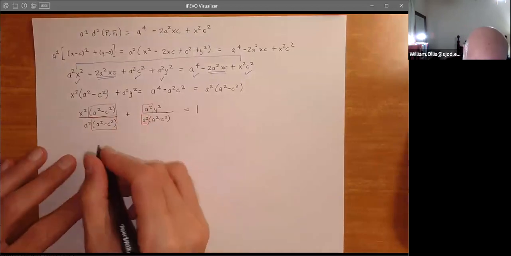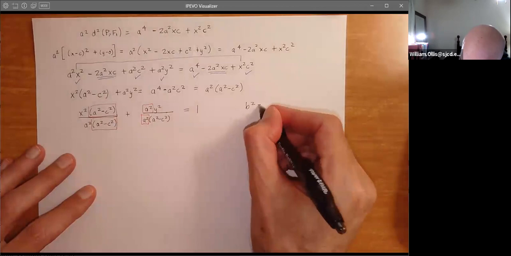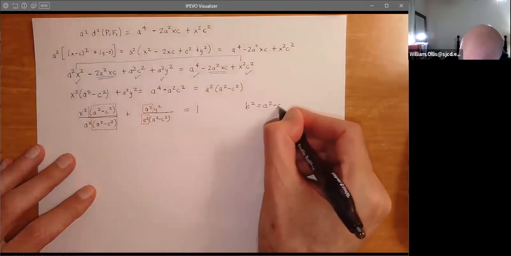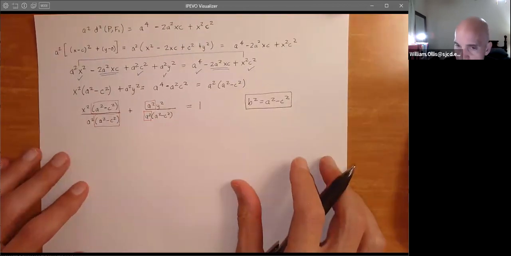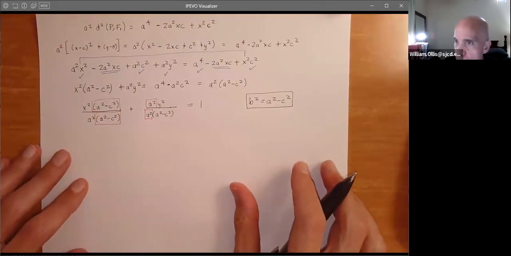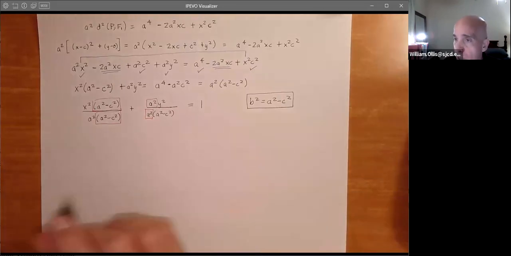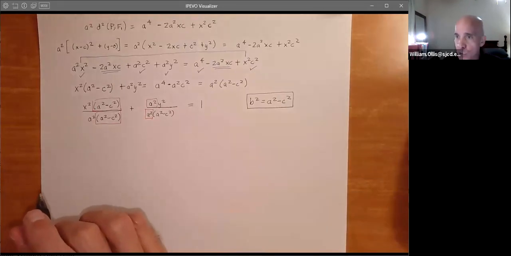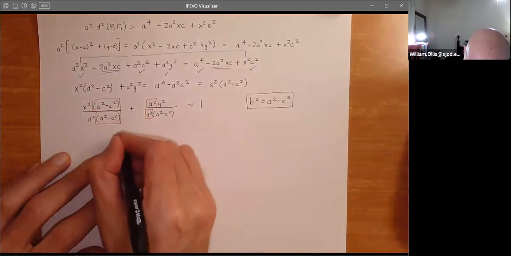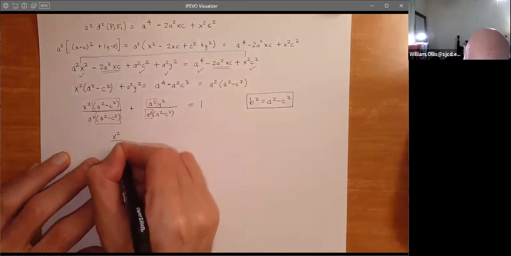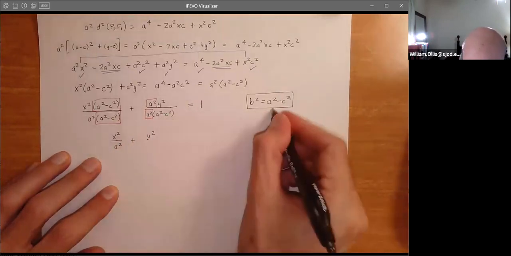So now we see that, and of course, remember, b squared we set equal to a squared minus c squared. So we end up with an equation that is super simple and looks just like a circle equation, which is what our goal was. So we're thinking maybe we could have cheated and kept our fingers crossed and say, well, maybe it looks like this. So now we get x squared over a squared plus y squared divided by b squared